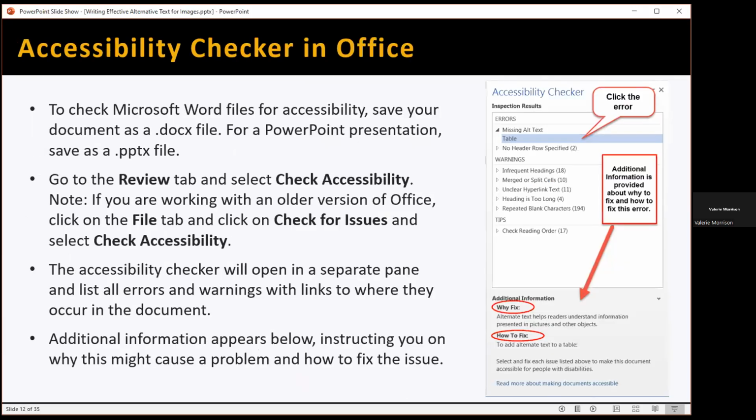This slide will show you a screenshot of what the accessibility checker looks like in both Microsoft Word and Microsoft PowerPoint. When you want to run the accessibility check, you will go to the Review tab and select Check Accessibility. If you are working with an older version of Office, it's hidden away a little bit, and you will click on the File tab, then click on Check for Issues, and then select Check Accessibility. Both of those options will get you to the same place,